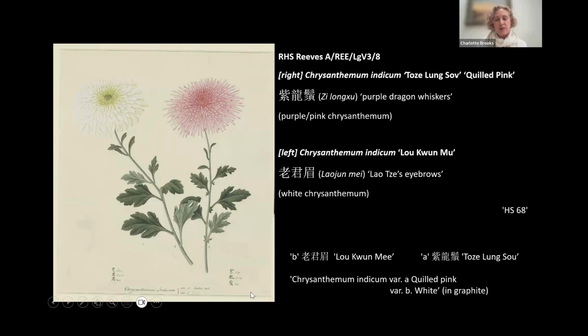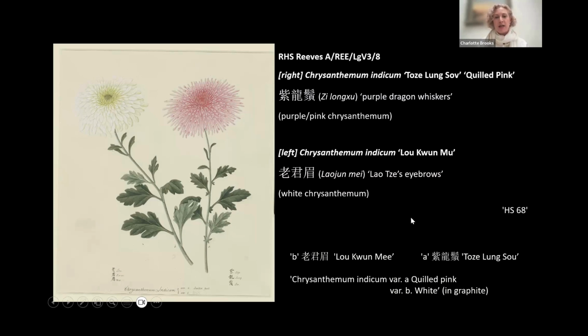So make sure that we keep the Chinese characters in our documentation and that we keep a translation and a transliteration as well. So what's particularly lovely is that the right-hand pink, quilled pink, is known as the purple dragon whiskers. And on the left-hand side, the white chrysanthemum is Lao Tzu's eyebrows. So these are obviously quite strong cultural references and require a little bit of additional investigation to find out more